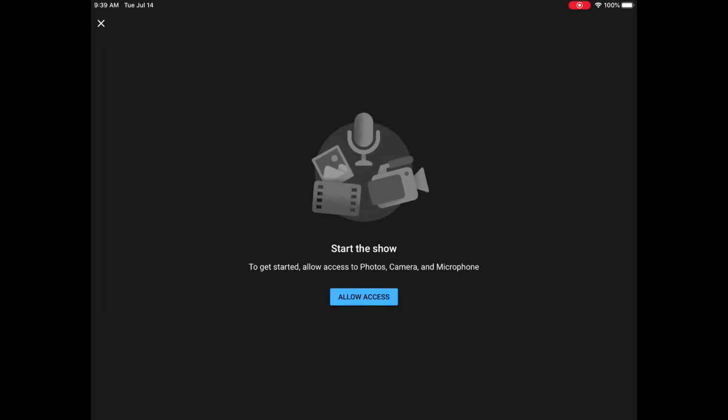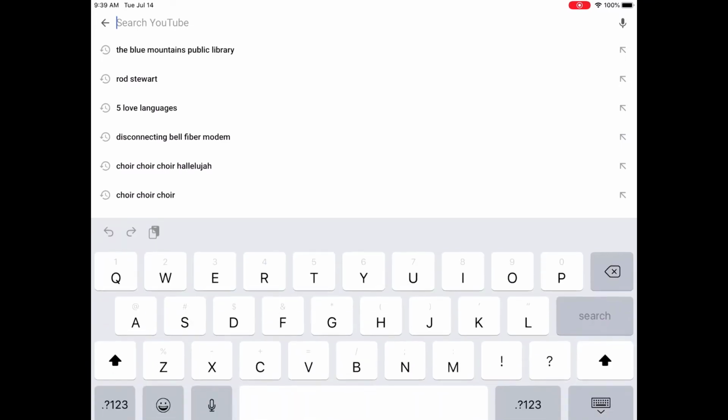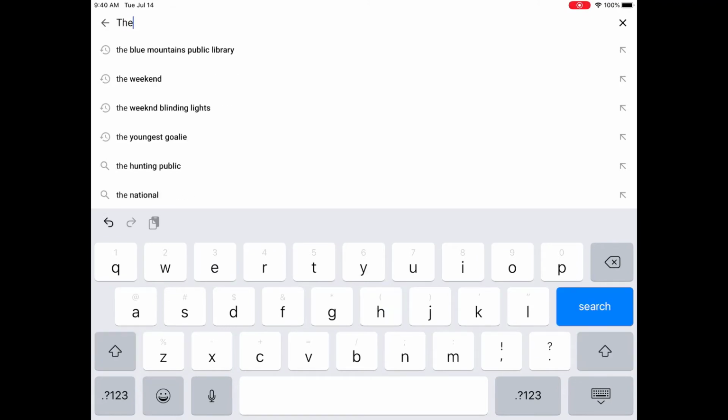And then this here, if you'd like to start a video, you can video as well. That's what the video camera there is for. And then to search, you're just going to hit the search button here. So I'm going to show you the Blue Mountains Public Library. So if you just go into your YouTube search here and you type in the Blue Mountains Public Library,